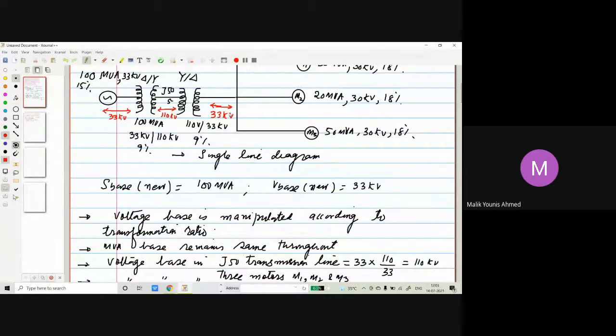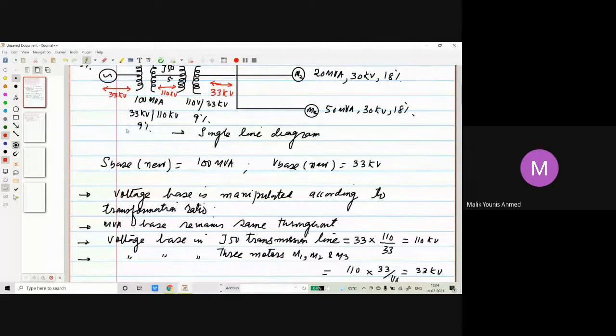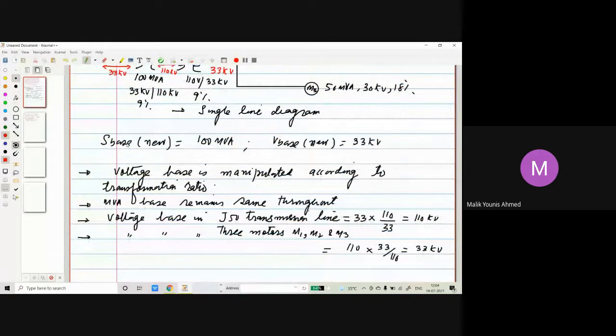Okay. You cannot have a mismatch. See, 33 and 33 kV is almost the same. The motor rating can be 33 kV, but you cannot get a base of 216; that cannot happen. It will be approximately near. Here it is 110 kV and here it is 33 kV, because the generator side is 33 kV. You can come from this side also and you will find the same values. So you have to start from one side of the power system. The first job is to find the voltage bases. This is the way to find them.